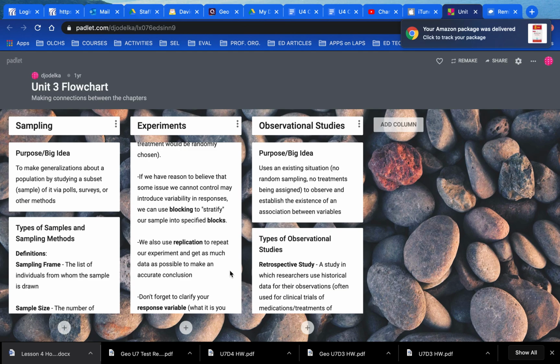conclusion. So replication is used a lot of times in the scientific community where you might run a test and say, oh man, this drug was shown to really help with acne or something. Then another person does it and they're like, whoa, I got a totally different response. So replication is the idea that you describe the process, you describe how you did your blocking, how you randomly assign treatments, etc., so that someone would be A, able to repeat your experiment, and B, be able to, again,